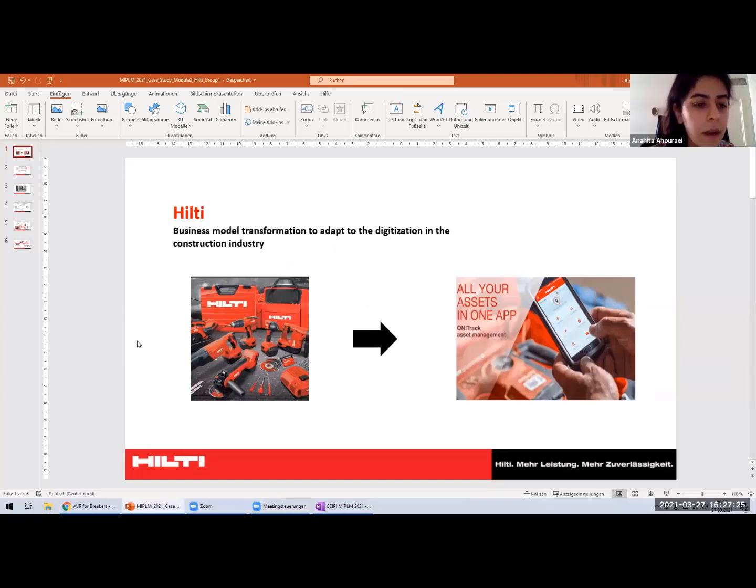Before going to main slides, here we have an introduction to Hilti. Hilti is an active company in the construction industry, mainly in manufacturing power tools for professional customers. By adapting the method of fleet management, Hilti became able to transform its business model based on new trends in industry, such as digitization, and provide business customers with tailored services, which led to more customized additional services, making differentiations and also more